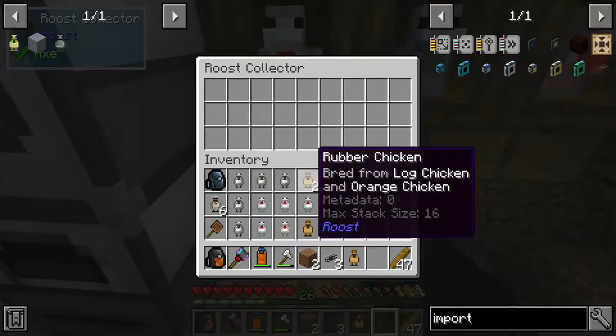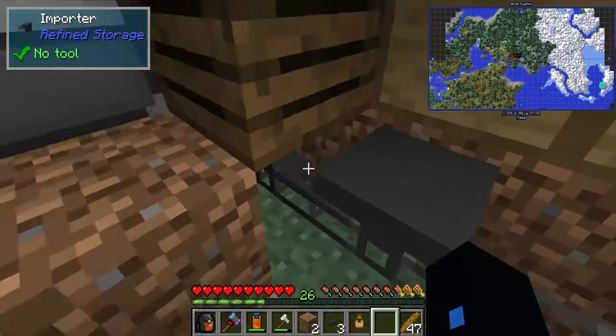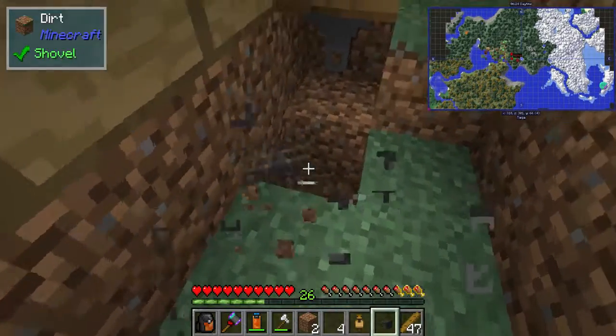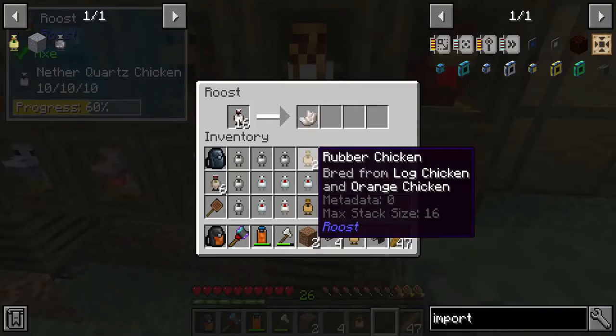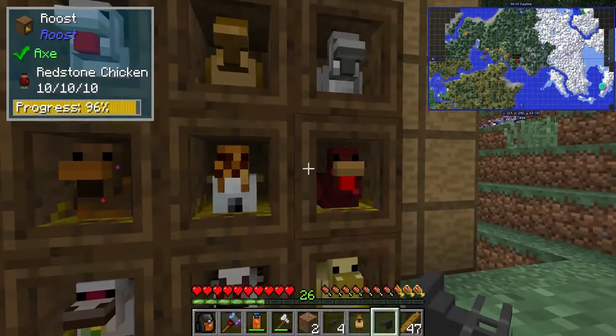What are you doing? What are you collecting? You collecting anything? Or are you just collecting things and it's going away so fast? I don't know. This is what I had a problem with before. I mean, obviously, sulfur, you're not going to see. The quartz is going to be right there. That can't be missed. If it can get the redstone,